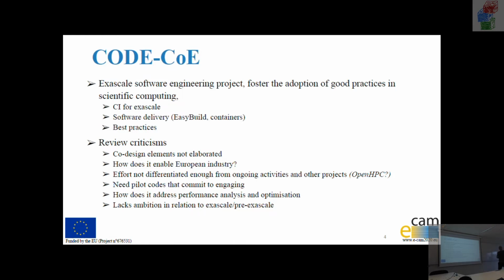I should mention that it's not the first time. Well, we haven't said we'd talk about getting funding, but we've kind of tried, right? The EasyBuild group put in a proposal last year as a center of excellence. We called it CodeCo EE. It was basically a software engineering center of excellence, adapted for the exascale environment. The idea was to bring good practices and pull them into the scientific community more. A couple of the things we touched on were CI for exascale machines, the delivery side of course, so EasyBuild and containers, and then best practices in general in people's workflows. We didn't get the money. You probably would have heard if we did.